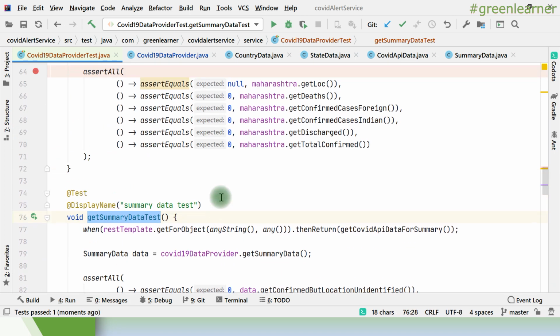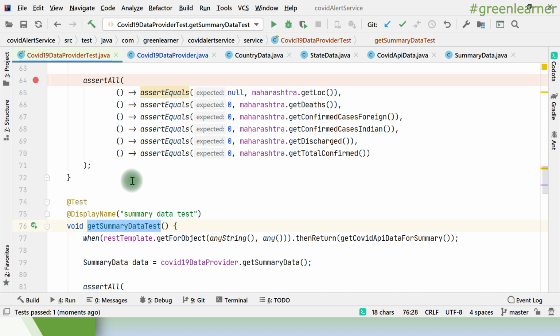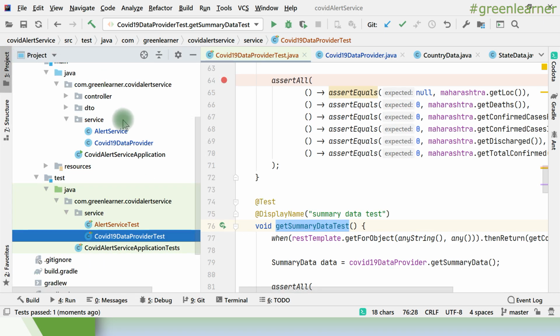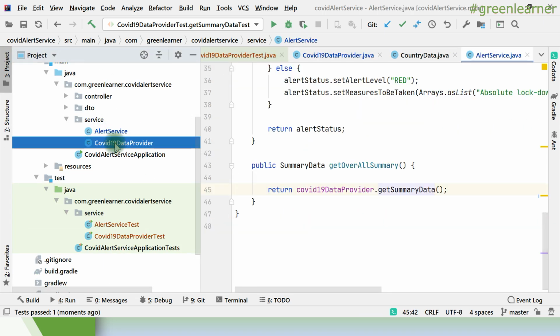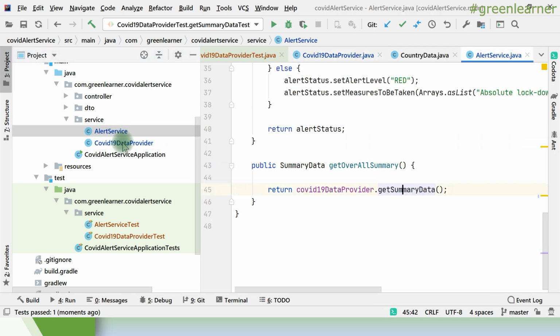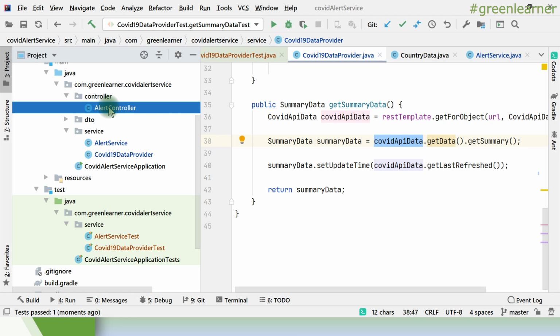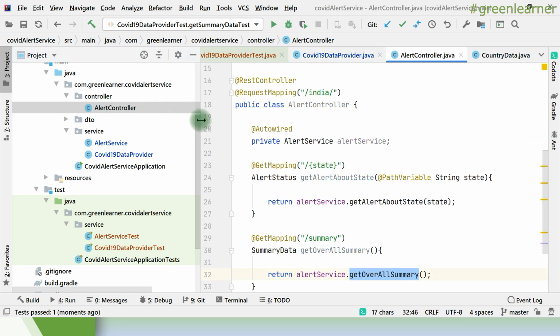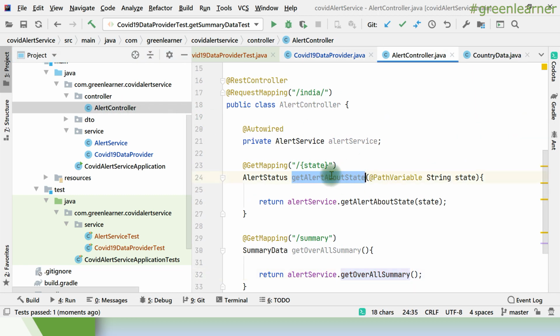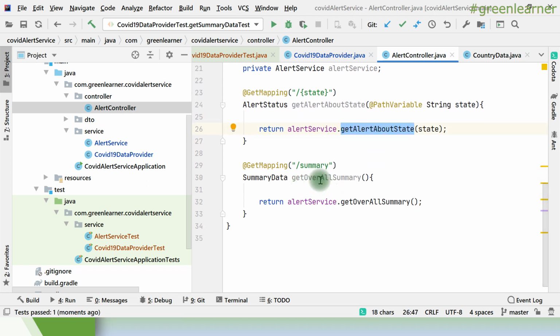So till now we have written the tests for all the classes that are there, alert service and data provider. Apart from this we have the alert controller, right? For that also I have to write the tests. These are the one-liners: get overall summary, get alert service, and this one.